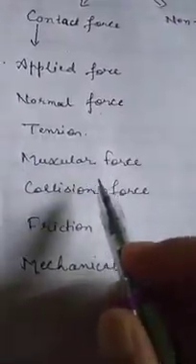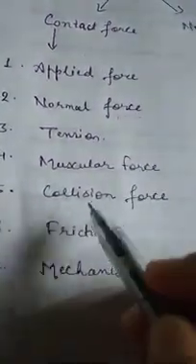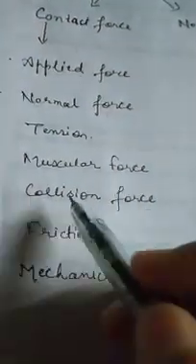You can see this picture. Here also, this is a rope and they are pulling it from both sides. So here also tension is exerted in the rope. And what will happen? The rope in turn applies a force on them, on either this side or this side. So any stretched string also exerts force in the direction opposite to the applied force. This type of force is called force of tension.